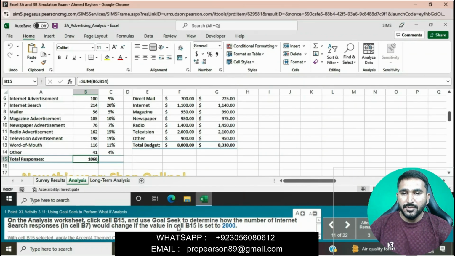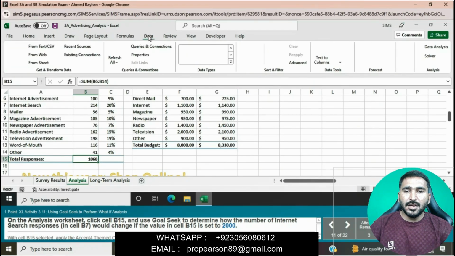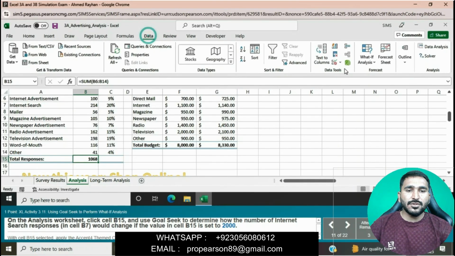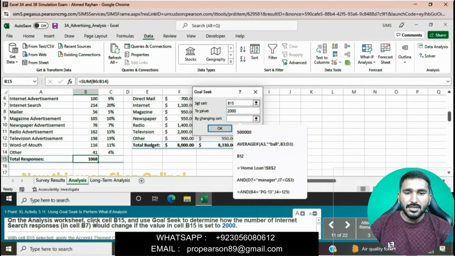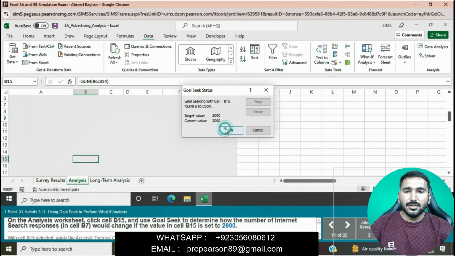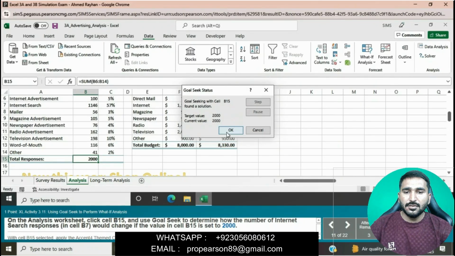Go to the Data tab, in the Forecast group, click the What-If Analysis button, and go to Goal Seek. Set cell B15 to value 2000 by changing cell B7, then click OK. Then click OK again.